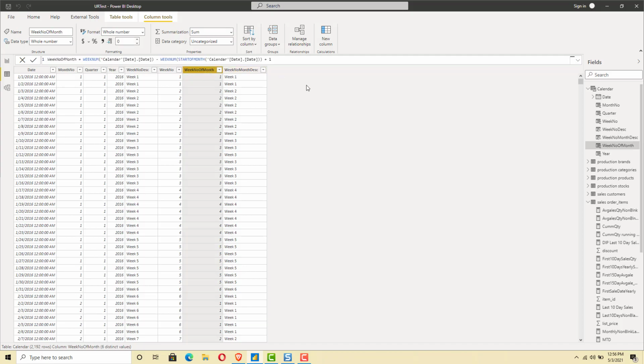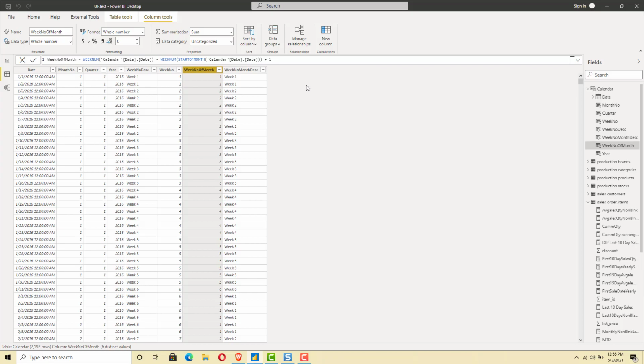So if you see the week number of month column, we don't have any direct function which provides us the week number corresponding to month. The only week number function which is available in DAX gives us the ISO week of the year. That means the week number runs from 1 to 52 or 53 depending on the number of weeks. But here we want a week number within a month. So for April, there should be 1, 2, 3, etc. And for each of the months like that, the range should be from 1 to 5 or 6 depending on the number of weeks. So we need to derive the week number of the month from the ISO week.